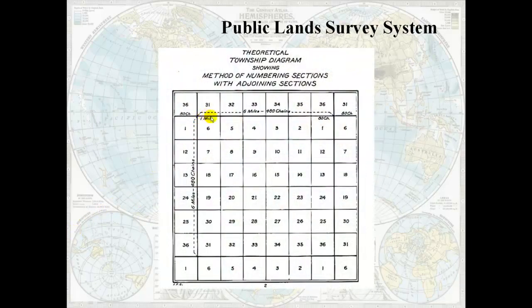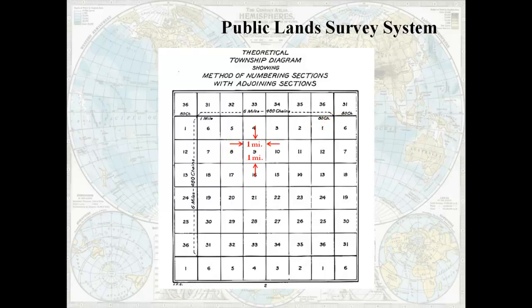So here we're looking at one township. It's 6 miles by 6 miles. And they subdivide that township into what are called sections. So a section is 1 mile by 1 mile. And there are 36 sections that fit into a township, and they're numbered in kind of a strange way,